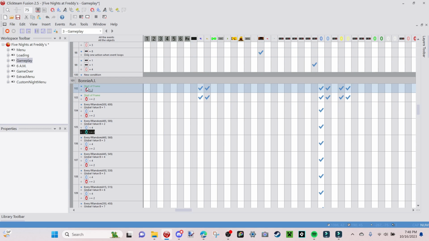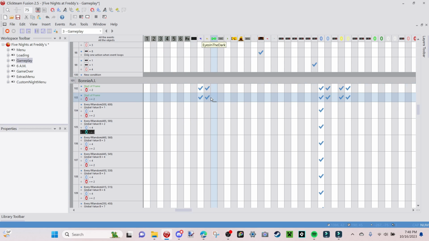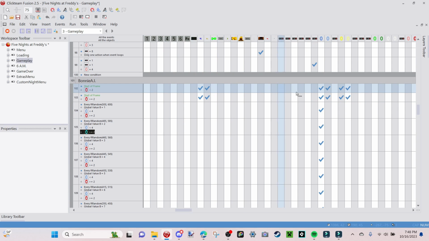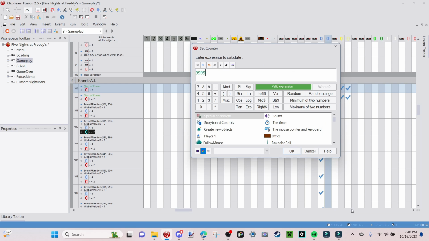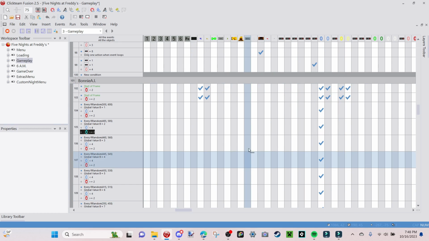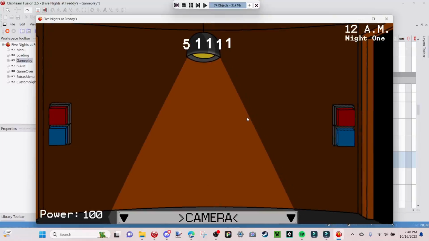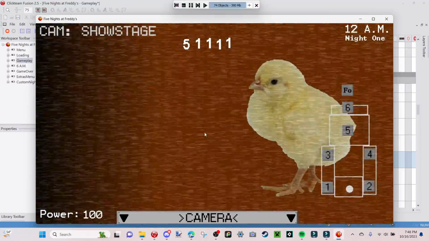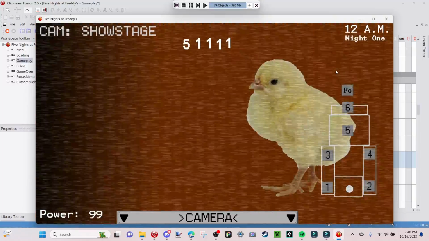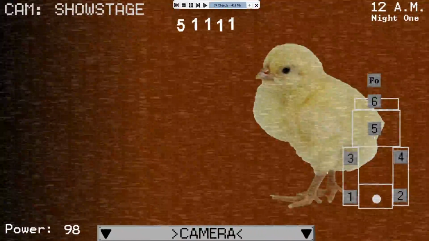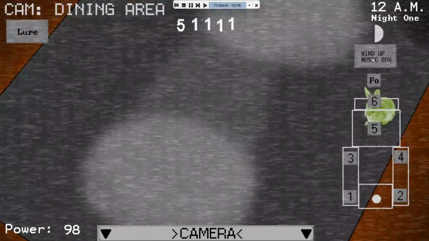So we can start a frame where night verification is lower than 2, which is when he's not active. We want to go over to our Bonnie location, and you can just edit the counter to like 999, because obviously we don't have a code set for that. If you run the frame, he's not going to be there because we have no code for whenever he's actually there. So that's for characters like Foxy, or characters that, if you have lore